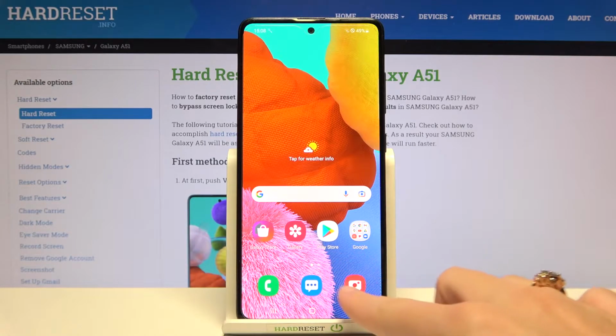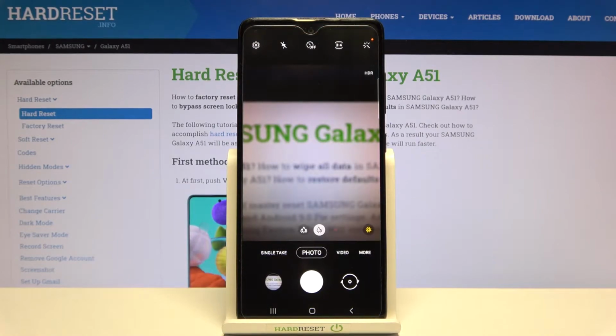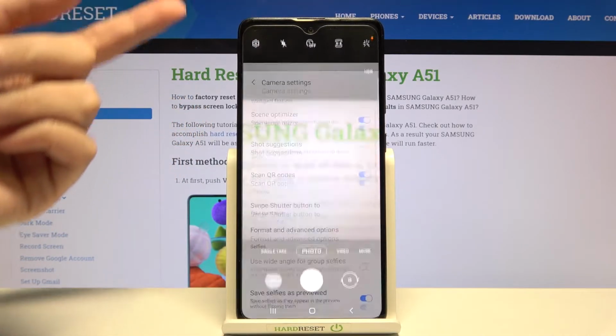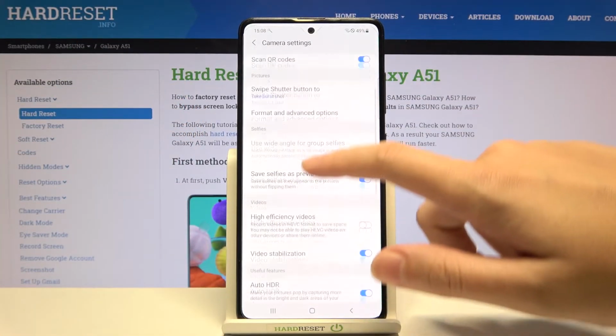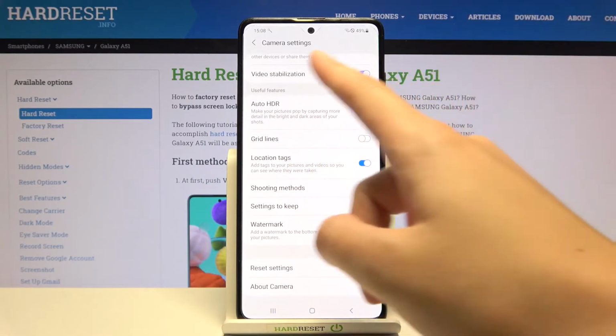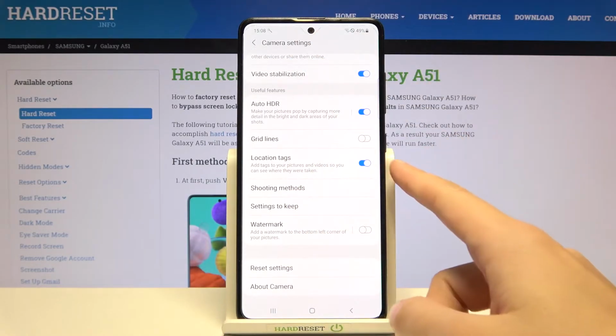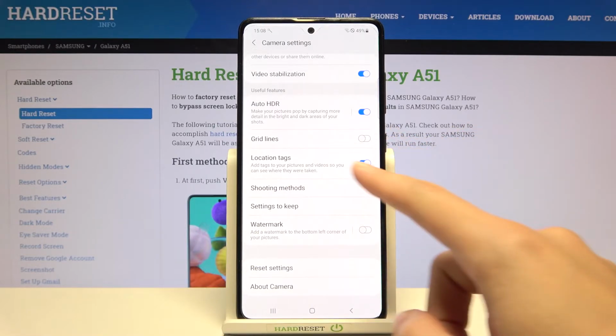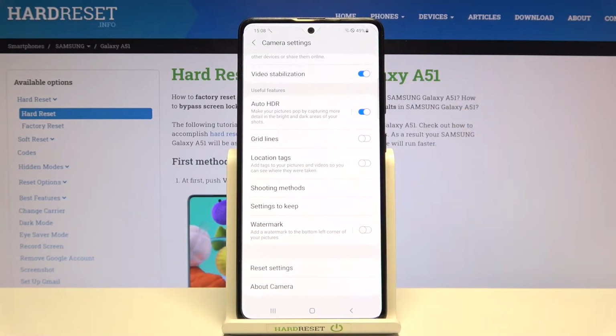So let's start by tapping on the camera button to open it, and for now we are on standard photo mode. From here let's go to the left corner button to open the advanced camera settings. Now we have to slide a little bit down to the useful features category, and here at the third position we have the location tags option, so by using the button from the right we can easily turn it off